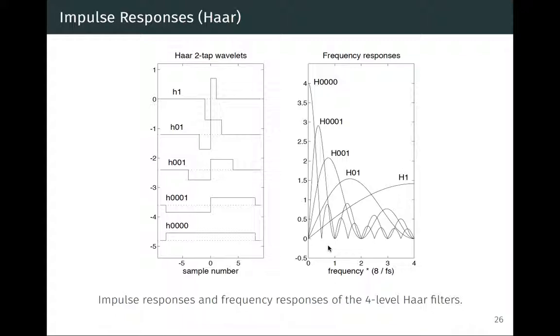This is a more graphical way to represent that, going from the z transform to the impulse response in terms of the discrete representation. This is the impulse response of the low pass of the fourth level. You can see here these 16 values: it's 1 at the center and 0 everywhere else. So this low pass is just a pulse of size 16. If you look at the other ones,